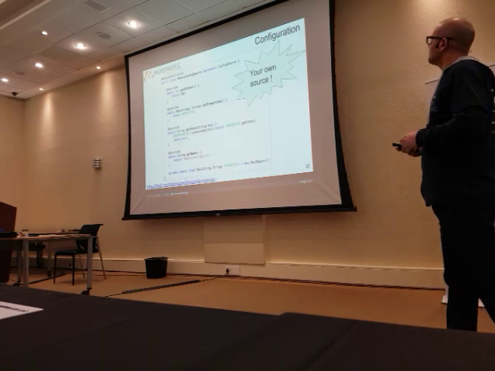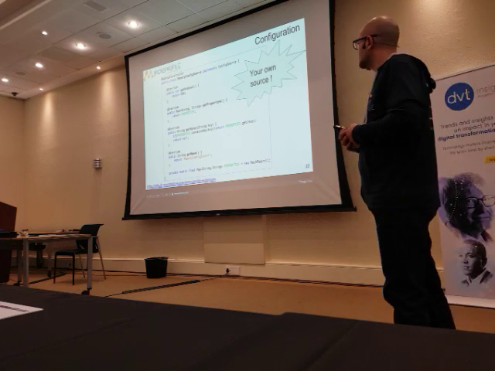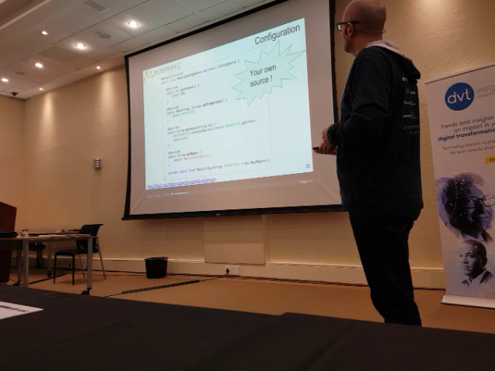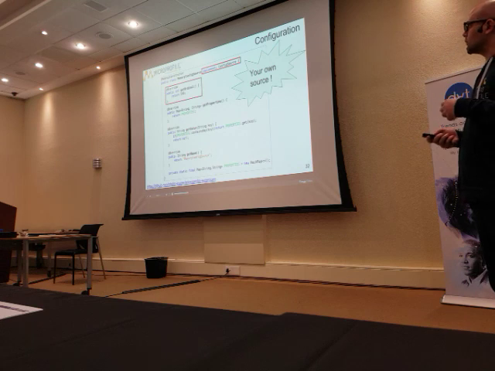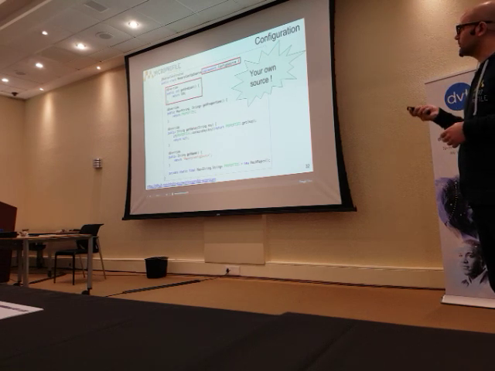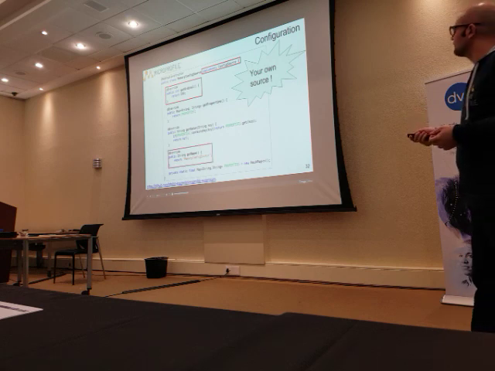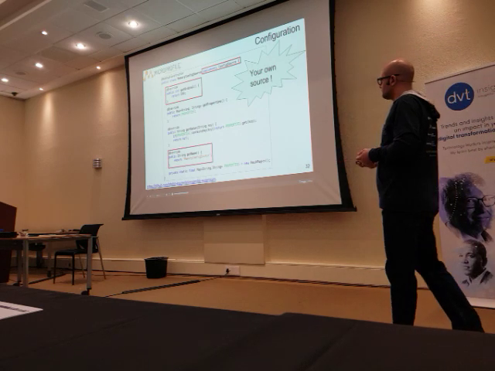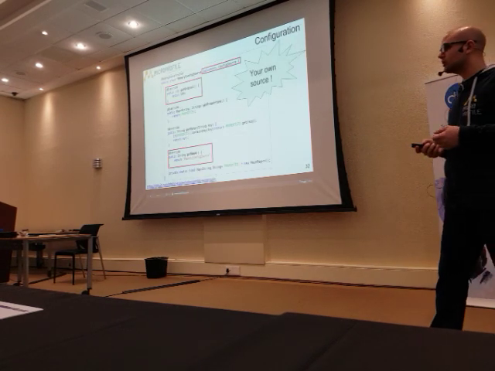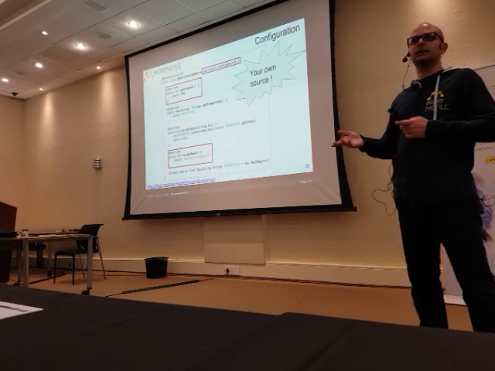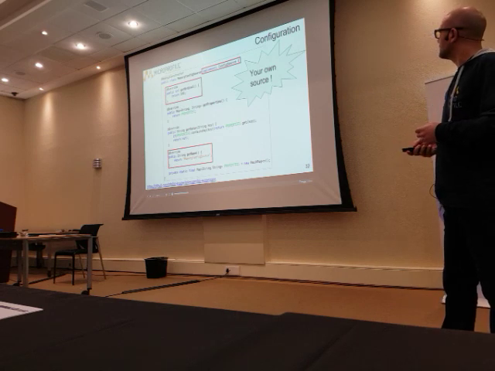As an example, if I want to write a config source, in this case I'm just writing a config source that keeps config in memory. I basically just implement ConfigSource. I tell it what order it should take part in. In my case, it will first try to find the property in memory, and then I give it a name, and then obviously a way to get the value. Simple as that. So you can write your own source that potentially looks at etcd, or somewhere in Kubernetes, if you want to externalize it into something like that.